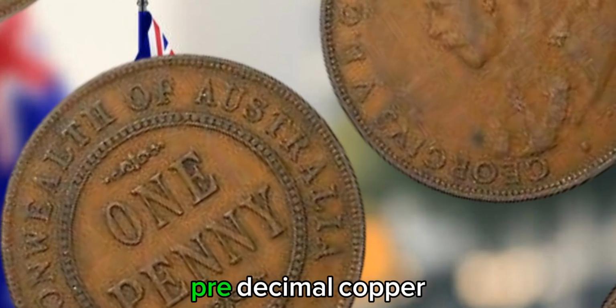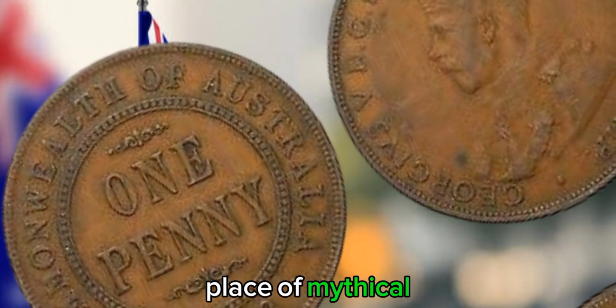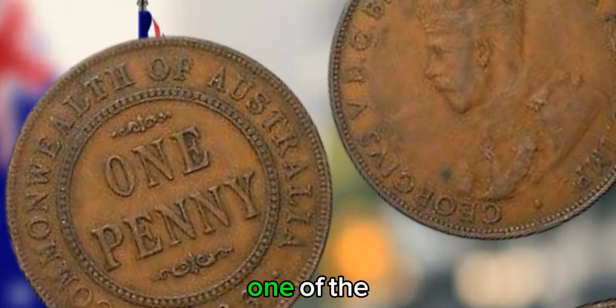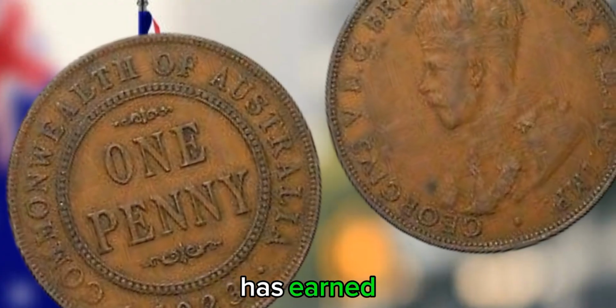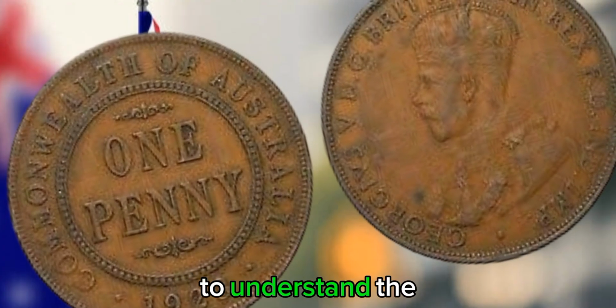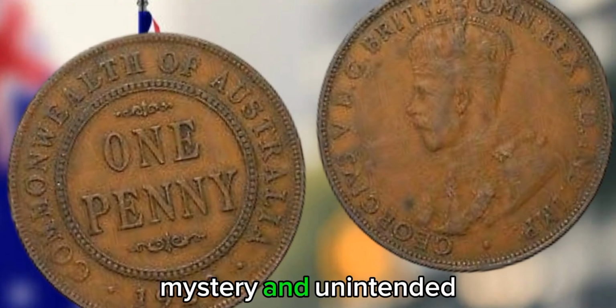Number 4, 1923 Australian 1 penny. Among all Australian pre-decimal copper coins, the 1923 1 penny holds a place of mythical status. It's not just rare, it is extremely rare. One of the rarest Australian circulating coins ever minted, and one that has earned a well-deserved spot on every serious collector's dream list. To understand the story behind the 1923 penny is to enter a tale of mystery and unintended